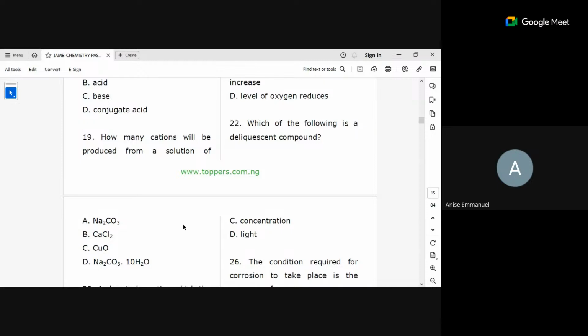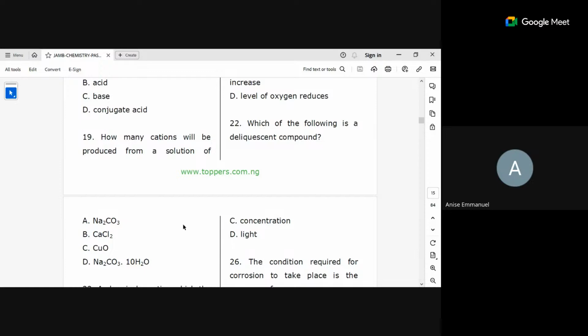Another example of a deliquescent substance is sodium hydroxide. Magnesium chloride is also part, copper(II) tetrahydrate is also part, and iron(III) chloride. They are examples of deliquescent substances. The question I asked some years back was why can't we measure sodium hydroxide accurately on a weighing balance? It is because it's a deliquescent substance and it absorbs moisture. So when you are weighing it, it's absorbing moisture and the weight continues increasing, so you might not be able to measure accurately. So calcium chloride is the answer here.